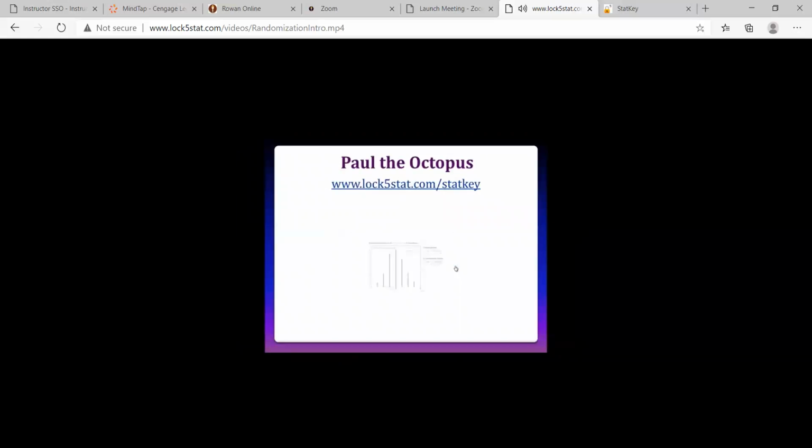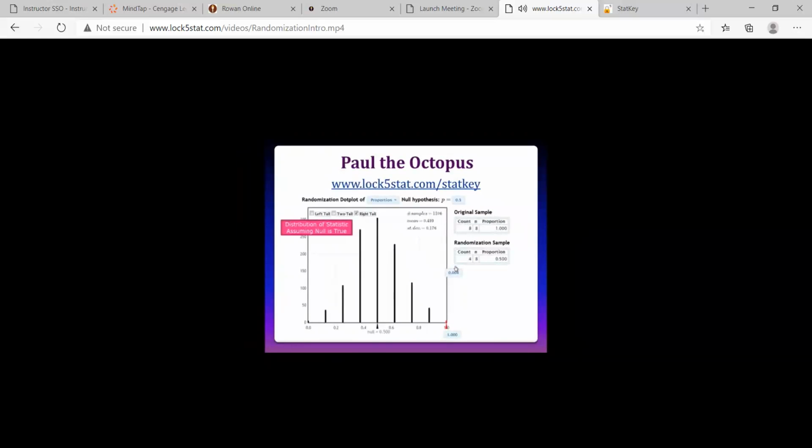So what have we just done here? We've developed a distribution of the statistic, in this case a sample proportion, assuming the null is true. We then find on the x-axis our observed statistic, and then measure its extremity by calculating the proportion of statistics as extreme as the observed statistic. And this number